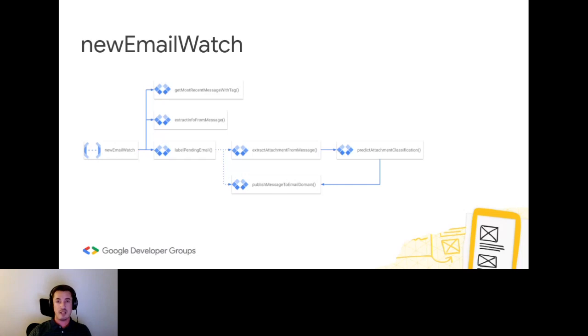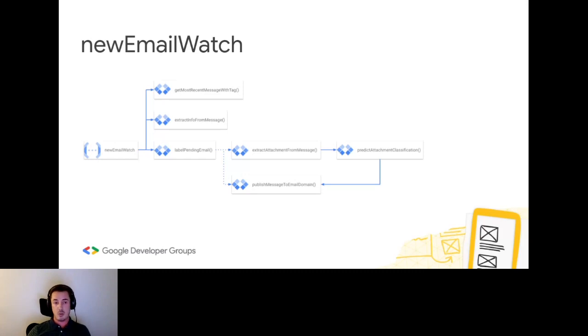Because if we don't have an attachment, there is nothing for us to extract, nothing for us to predict. If there is an attachment, we get that attachment, we download it, and we see what kind of attachment it is, whether it's a TXT document, a Word document, or a PDF. Based on that, we extract data and send it to the Cloud Natural Language model, which will do that classification. That classification will be easy, yes or no, and that's it.